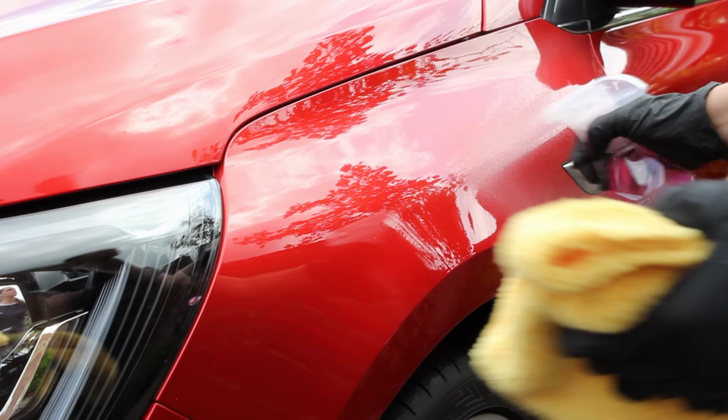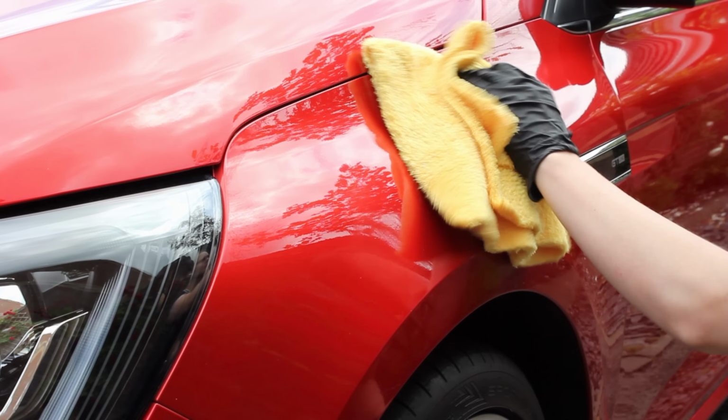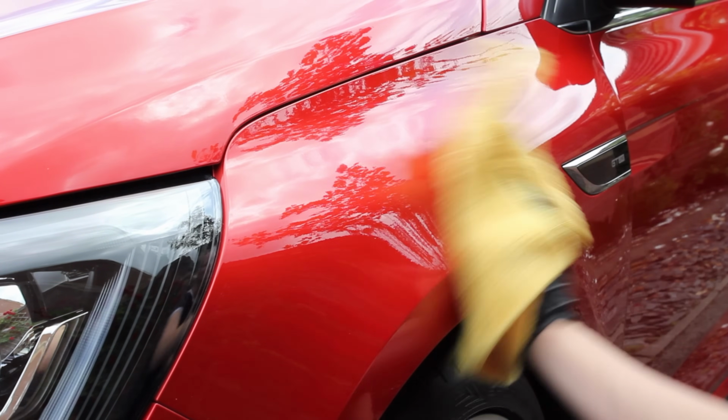And then the final step that I did in terms of the preparation was to use Gyeon Prep, which is their panel wipe solution. I usually go with the panel wipe solution from whatever coating manufacturer that I'm using to ensure that they're kind of working well together. So I like going around the car twice with this just to make sure that there's no oils or residues